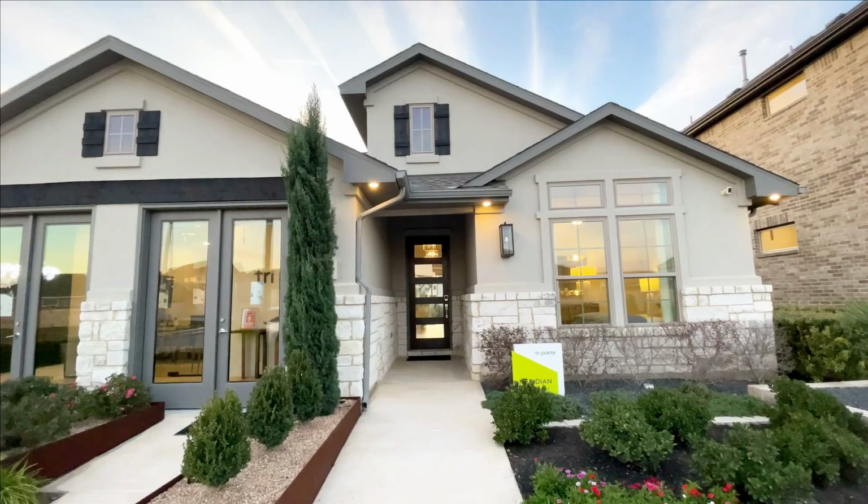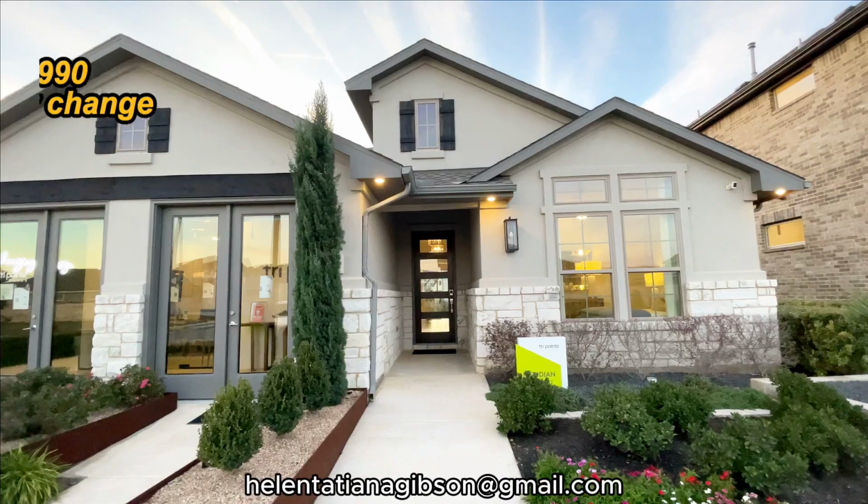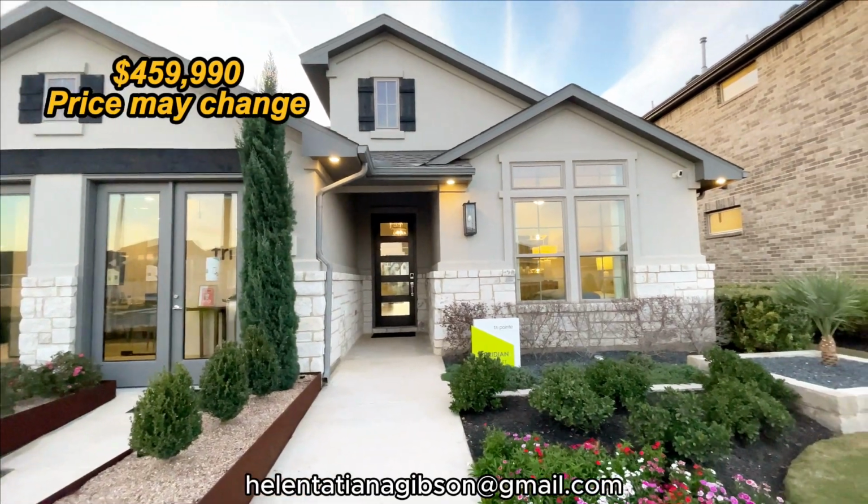It's a great location. So let's explore the home, and at the end of the video we are going to see on our computer all the numbers about the price, taxes, HOA, and all of those details that are important when you're going to see a house. So let's explore. Okay, my friends, let's start our tour here in front of the house,